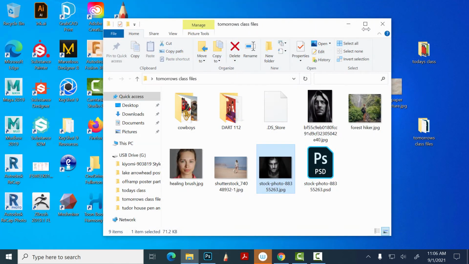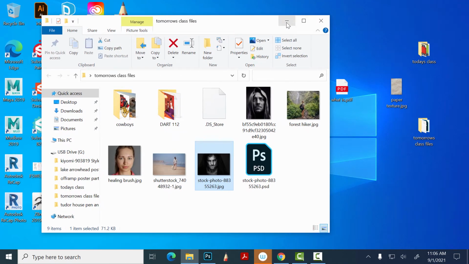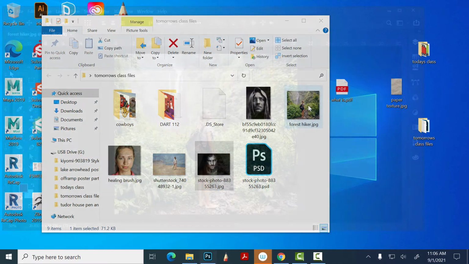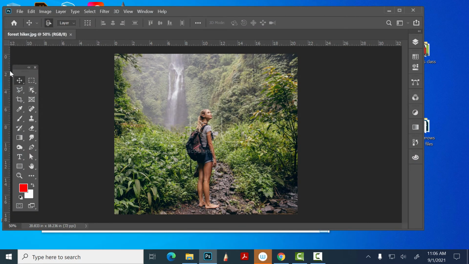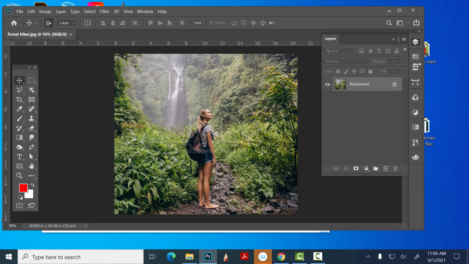So let's look at 3 really simple tools, or 4, or whatever. We're going to look at a couple of things. Actually, let's do this first. Okay, so here's a girl standing in a very complex background, right? We haven't talked about content aware yet, okay? So what we've been doing